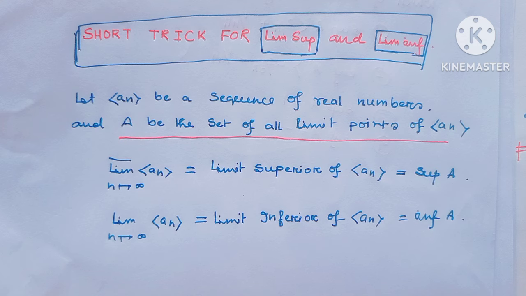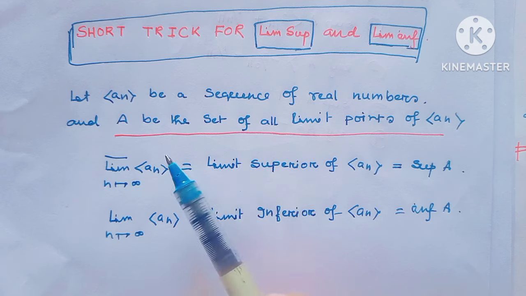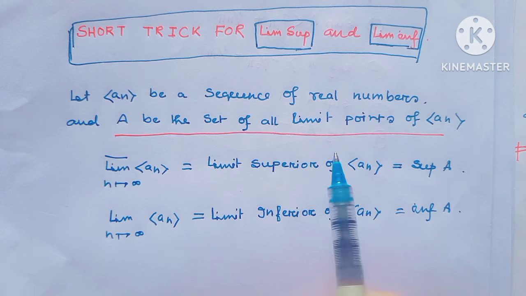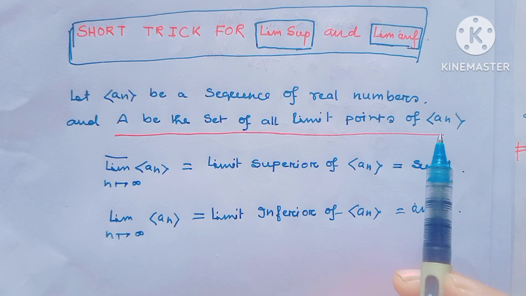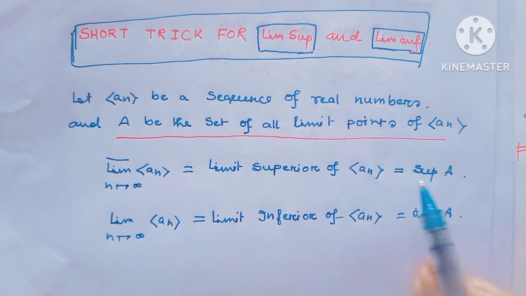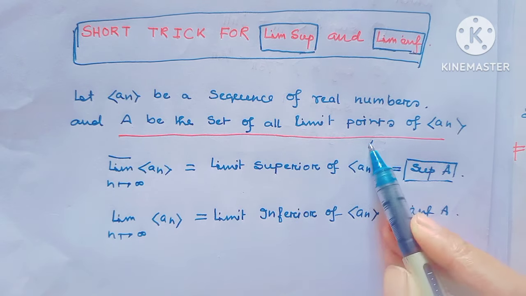The short trick to find limit superior and limit inferior is: let a_n be a sequence of real numbers and A be the set of limit points of this sequence. Then the highest limit point is the limit superior and the lowest limit point of the set is the limit inferior. So limit as n tends to infinity of a_n, the limit superior of a_n, is actually the supremum of A. Here A means the set of all limit points,